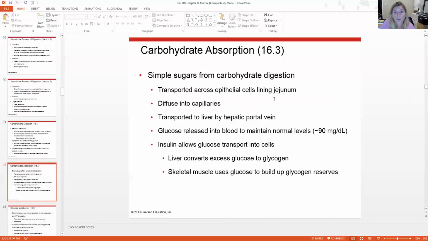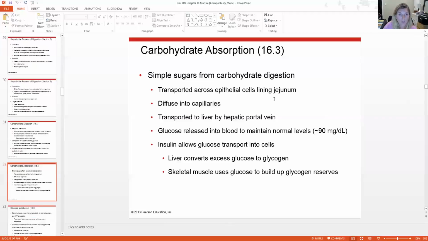So simple sugars from the carbohydrate digestion are going to be transported through the epithelial cells that are lining the jejunum. They diffuse into the blood capillaries, transport to the liver by the hepatic portal vein, and the glucose is typically released into the blood to maintain normal levels around 90 milligrams per deciliter. Insulin allows glucose to go into the cells if blood glucose levels get too high, and when that happens, the